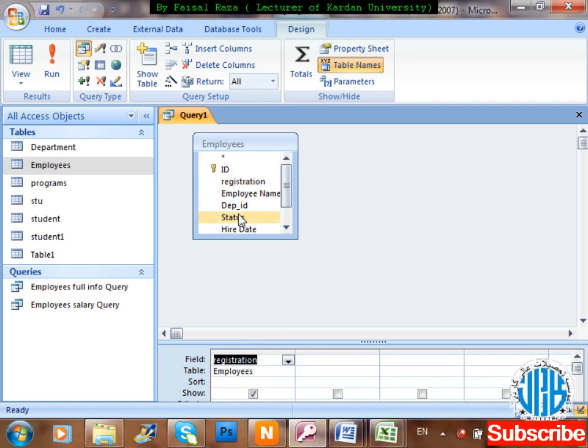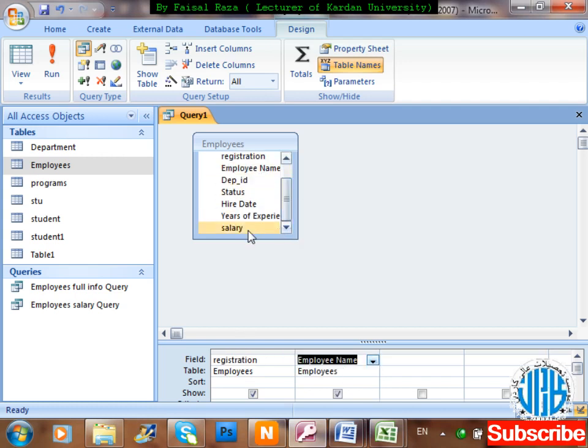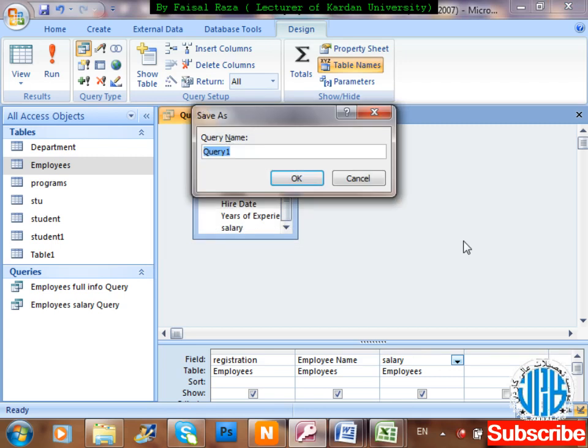Employee name, and here salary. Both columns drag and drop. Then press Control W to save the query. From a table I have selected 3 columns. Control W, save changes, and the query will be employees